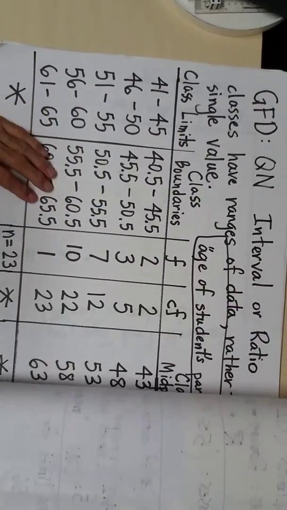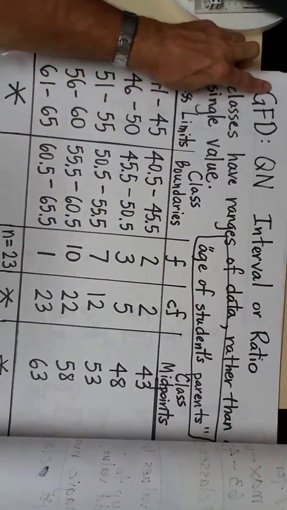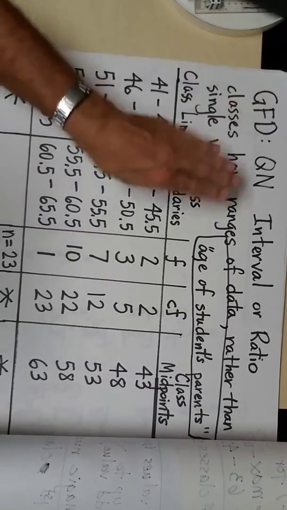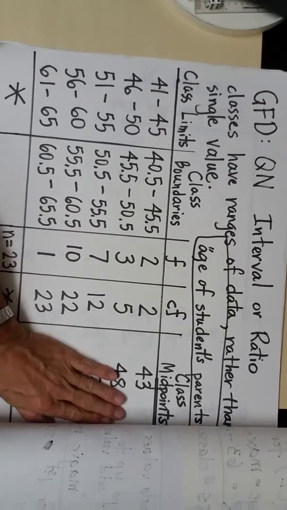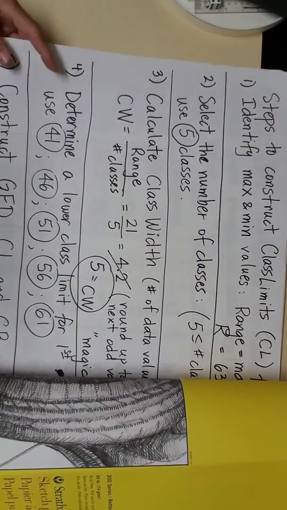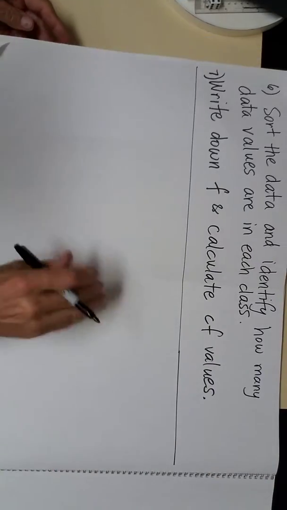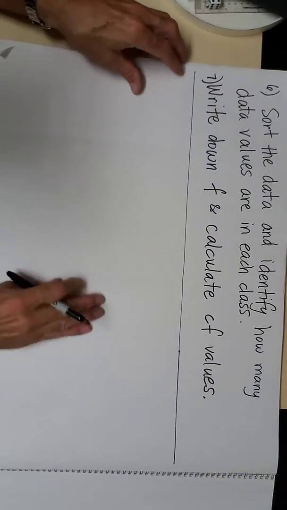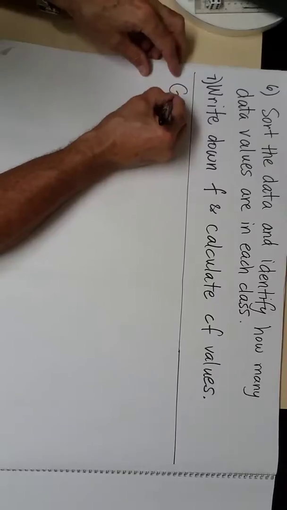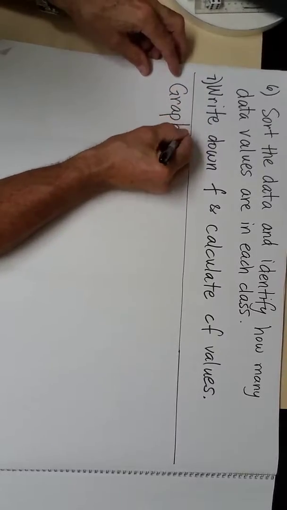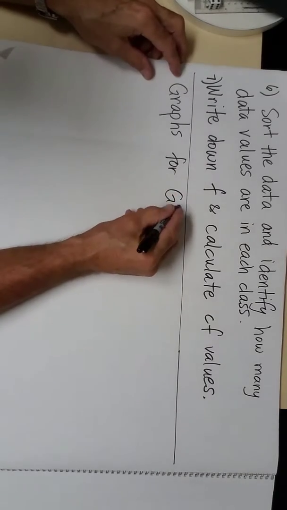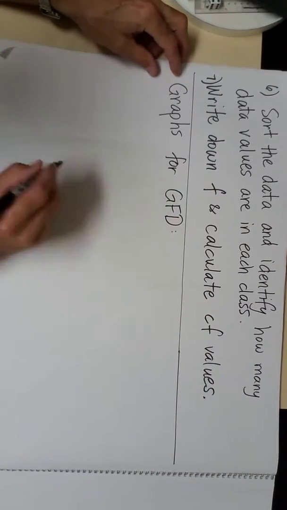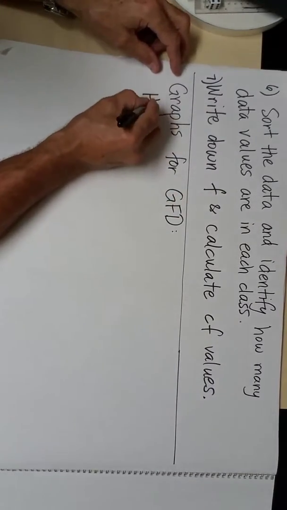In the previous two videos, we've been focusing on how to create a group frequency distribution for the ages of students' parents. We made the distribution, then I showed you the separate steps on how to go about making the distribution. Now I want to show you what are the three types of graphs to create. So these are the graphs which are appropriate for a grouped frequency distribution. Okay? They are the histogram,